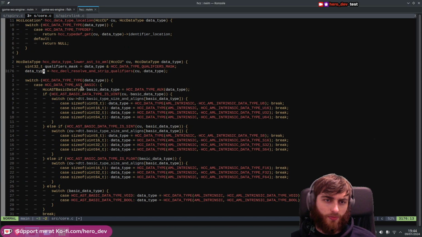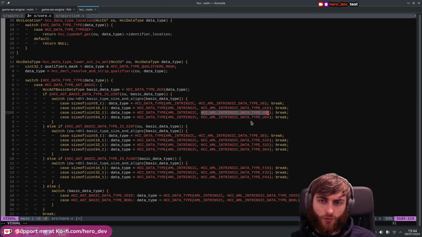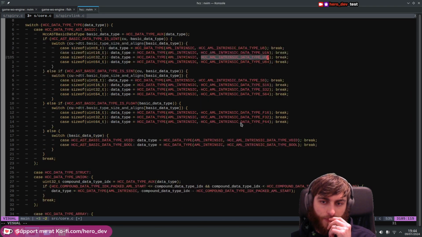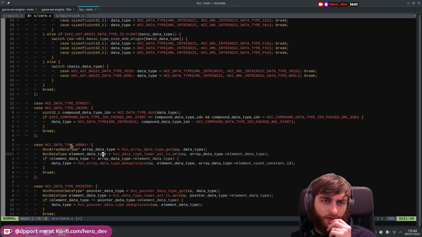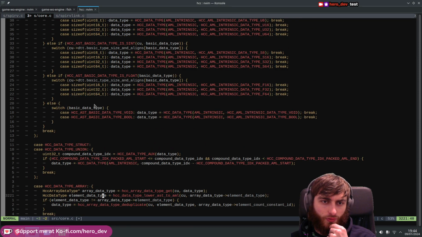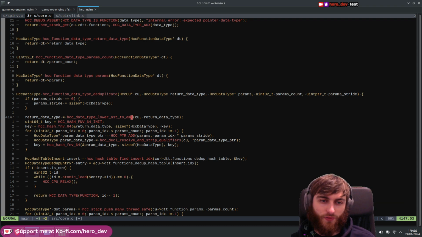And then it's going to basically say, well, it converts stuff like int, long, and short into more specific types depending on the platform. But one thing it doesn't do is resolve the resource types,